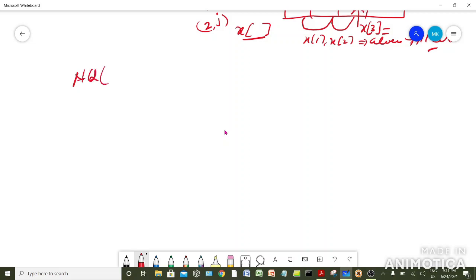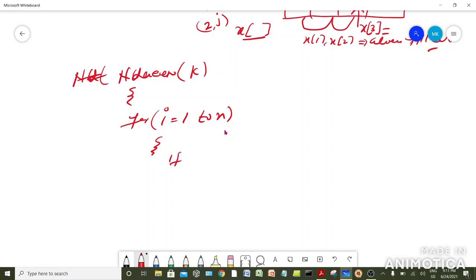So the n queens algorithm has an argument, that is k. Fine. Now it runs for i equal to 1 to n. n is the number of queens, or the size of the matrix, the number of rows or the number of columns of the matrix. So within this loop it says that if place(k, i) is true,